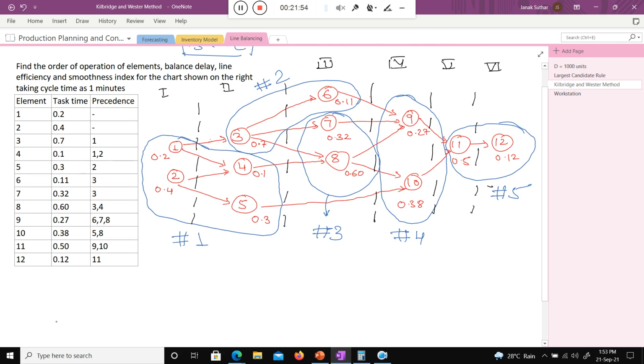If I talk about workstation 1, in workstation 1 the work elements are 1, 4, 2 and 3. These are the work elements, right, class? And what is the workstation time here? 0.2 and 1, so 1 minute.